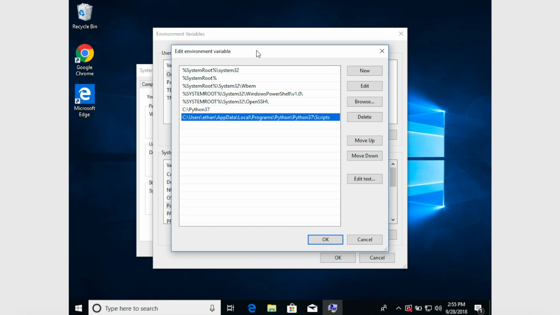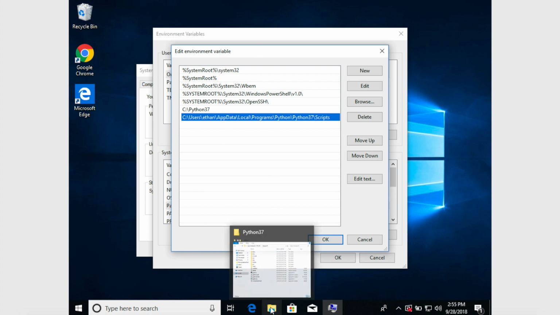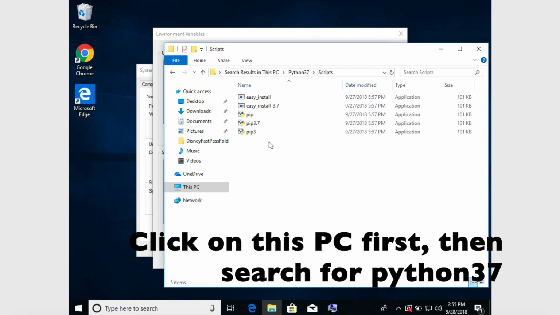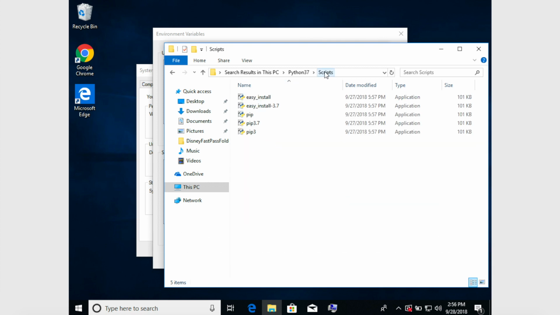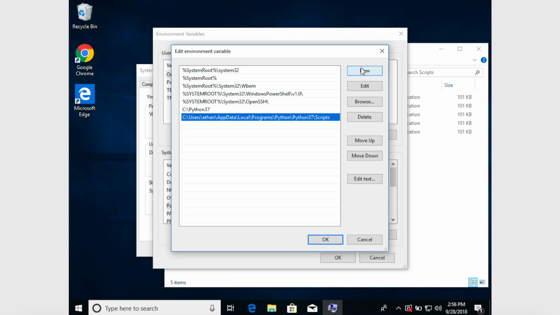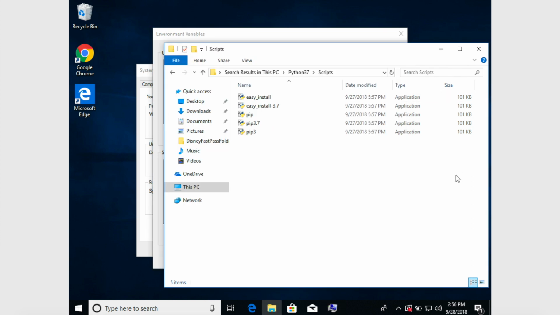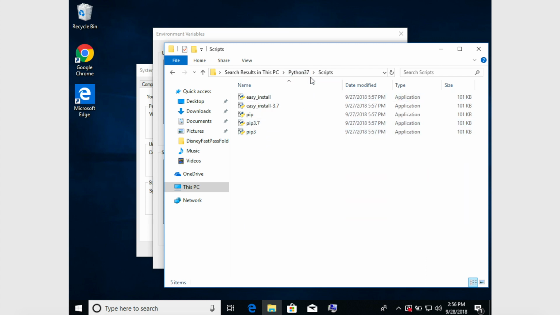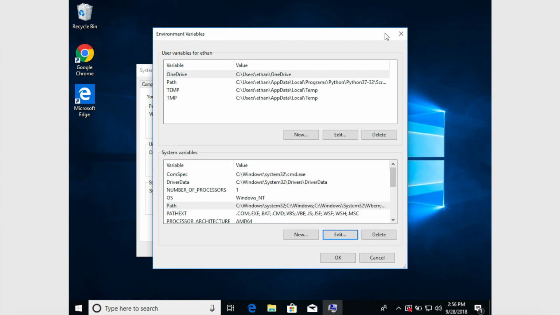If you can't find that, go to your file explorer and search for Python 37 up here and click on scripts, and then right click on scripts and copy address, and if you go to new and paste it, it should be right there. Again, that was in the file explorer, search for Python 37 and click on scripts, and it will take you to this, and just right click on scripts. Once you have that in there, you can click OK,